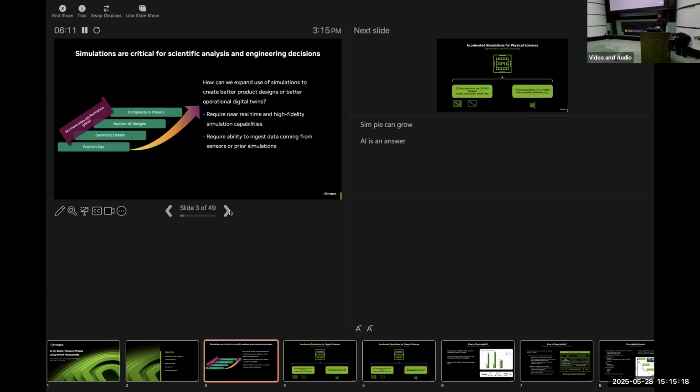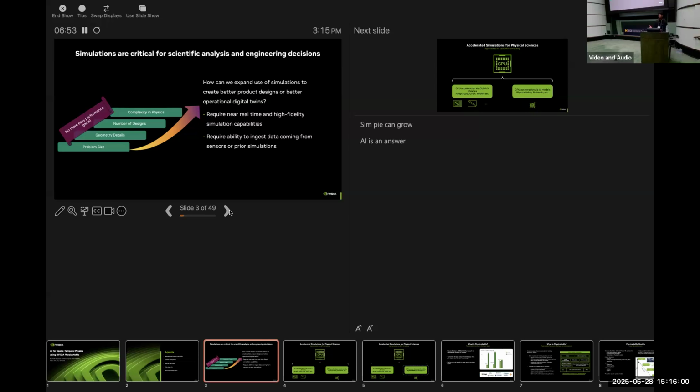So I think most of you here are probably aware that simulations are critical for scientific analysis and engineering decisions, right? A lot of product design and engineering analysis requires analyzing systems, and it has evolved over the years. Initially, you had experimental setups that one would do, and soon they turned out to be expensive and costly, and so numerical models were developed, which allow you to replicate the experimental setup through simulations.